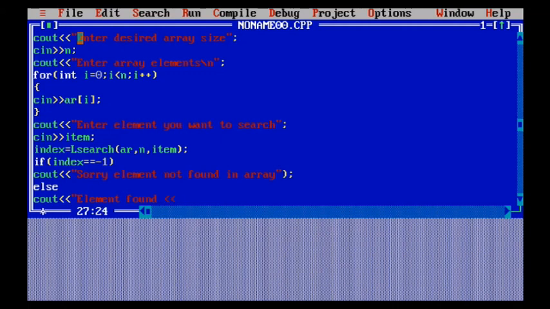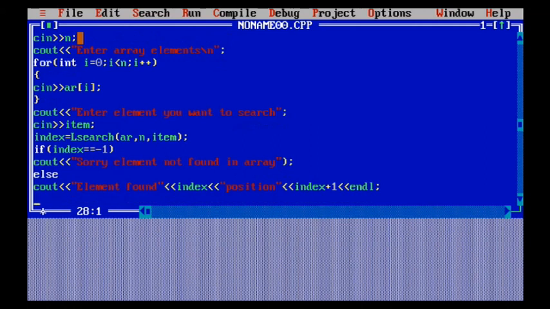Now, the index in memory is 0, 1, 2, 3, but when I want the exact position, I add 1 to it. That way it shows the next position, that is the specific position.